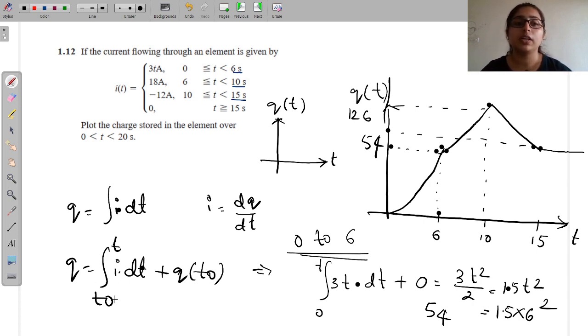Just remember here t naught means the starting of the interval, and it should be t only. You cannot take 6 here. But after finding the particular expression, you can find the value at 6 seconds. The charge present till 6 seconds will be the initial charge for the next duration. Again take t naught as 6, find the value till 10 seconds, because the initial charge is also carried over. Now we find the charge till 10, and after that the charge till 15. So this is the process which is continued. This is all about the exercise 1.10, 11 and